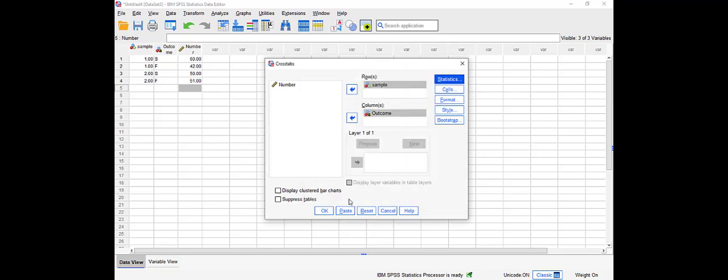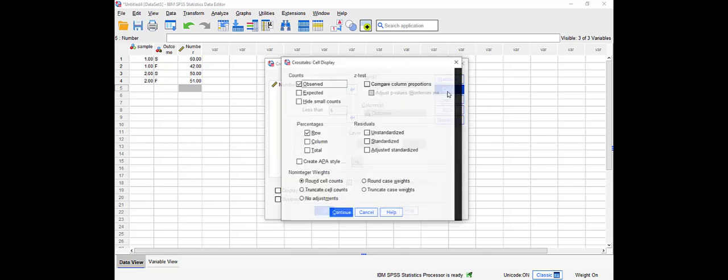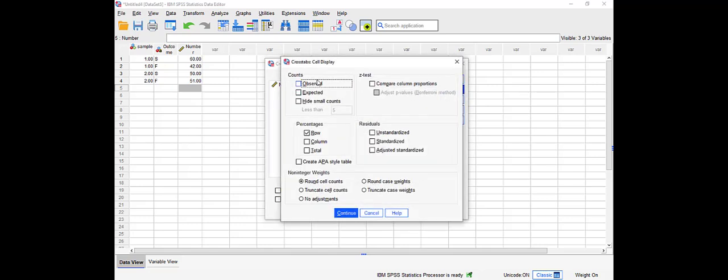Then we're going to click on cells, and we're going to choose observed under count, and we're going to choose the row under percentages. So observed under count, row under percentages, and we're going to click continue. Once we did all of that, we're going to click on OK,